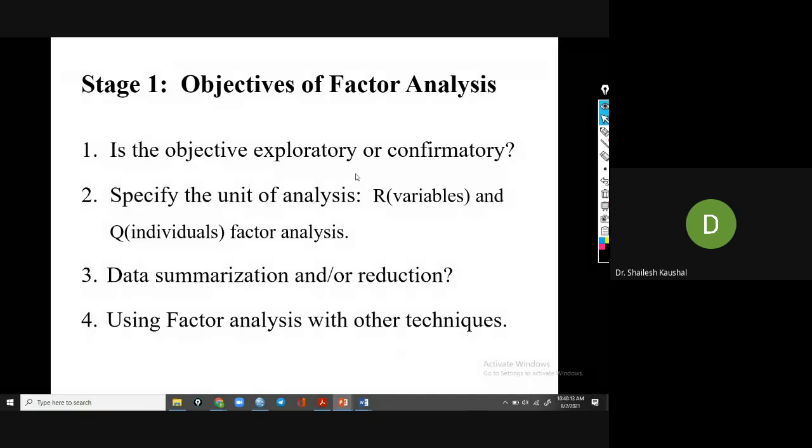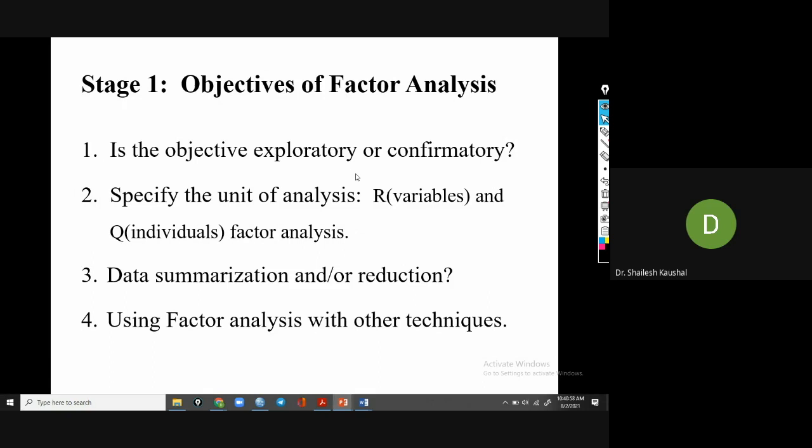The big difference between exploratory factor analysis and confirmatory factor analysis is that in exploratory factor analysis we can take variables from different research papers or on the basis of literature review. But in confirmatory factor analysis, whatever variables we are taking solely depend on the theory. Whatever questions we are taking for applying structural equation modeling or confirmatory factor analysis, all the questions should be based on the theory. Without theory, we should not use confirmatory factor analysis.